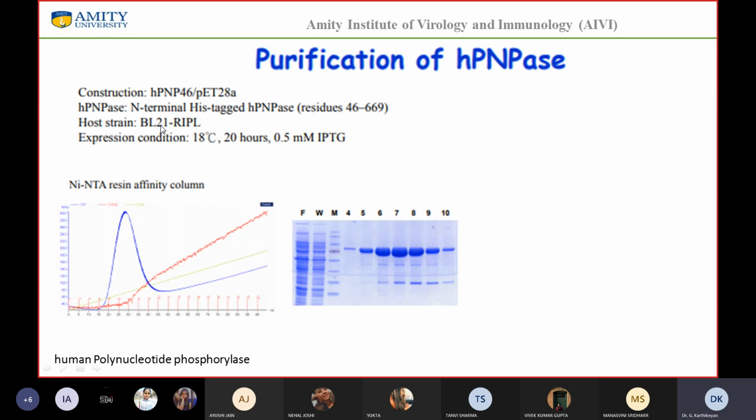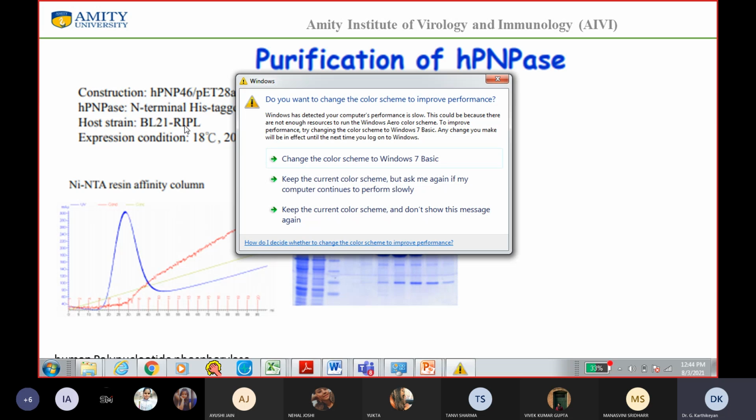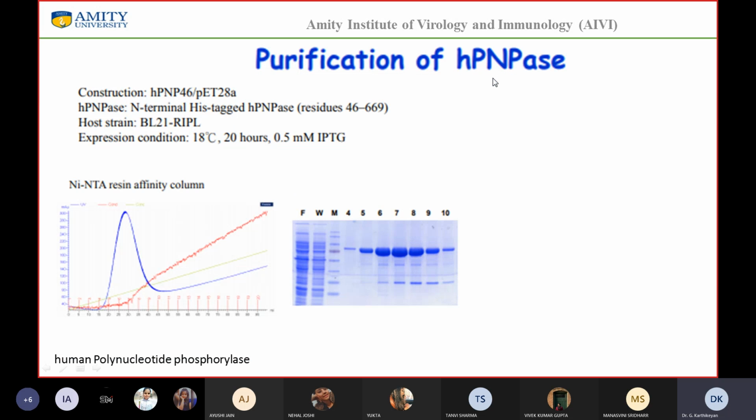And the host strain was BL21. Just as I said, DE3, this is called RIPL, which is another strain of BL21. Okay, and the expression conditions. Look at the expression conditions. It's 18 degrees centigrade. The cells were grown at 18 degrees centigrade for 20 hours, and they were induced with